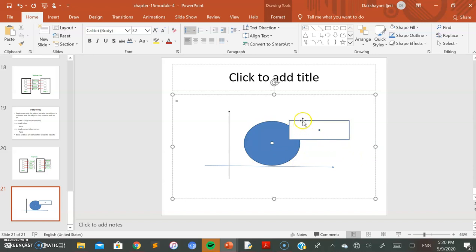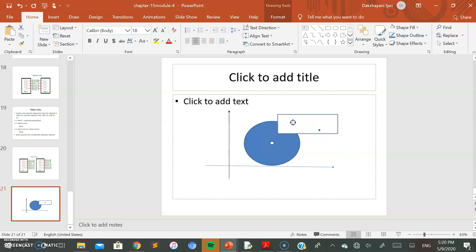In the other case, you need to pass the circle object as one parameter and the rectangle object as the second parameter. In that case, you need to tell whether this rectangle is going to lie within the circle or is completely outside the circle. If it touches even the boundary or is within the circle, you need to return true. If it is completely away from the circle, you have to return false. In the last case, you need to tell whether there is an overlap of the circle and the rectangle by telling whether the corners of the rectangle lie over the circle or not.